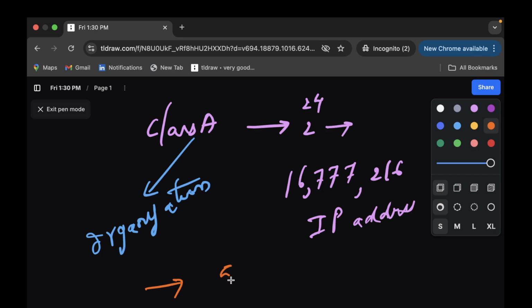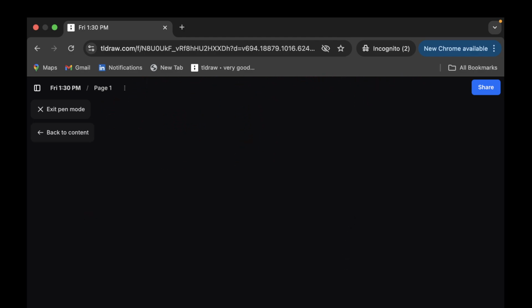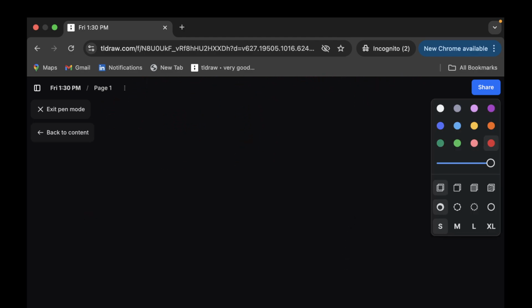Now the problem occurs when we only have 500 devices to connect. Only 500 IP addresses out of this are going to be used. The remaining IP addresses are going to get wasted. There is a massive wastage of IP addressing that is going to happen. So by directly allocating